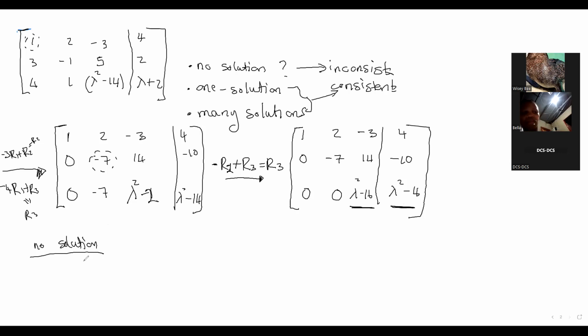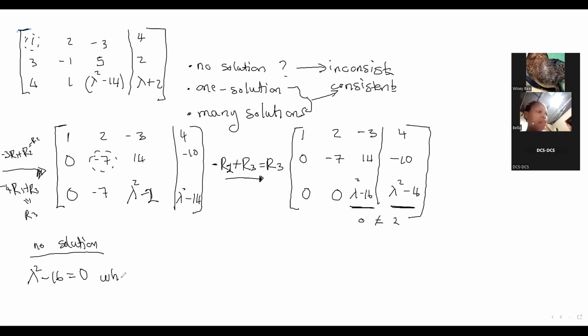For no solution, we need this number to be 0. If you remember the previous lesson, we need this number to be 0 and then this to be some number, let's say 2. 0 cannot be equal to 2, which is why a situation like this will make this system have no solution. So for no solution, we want this to be 0,